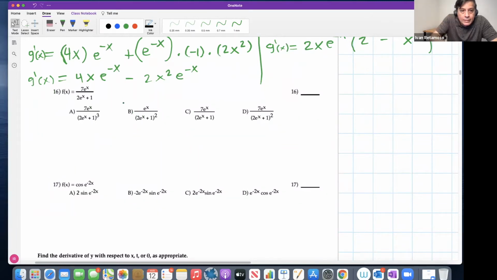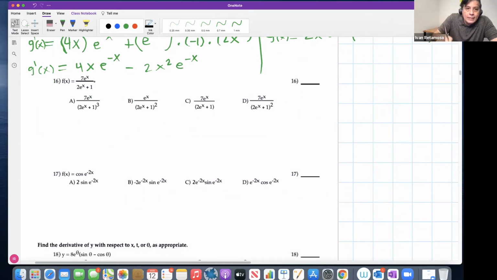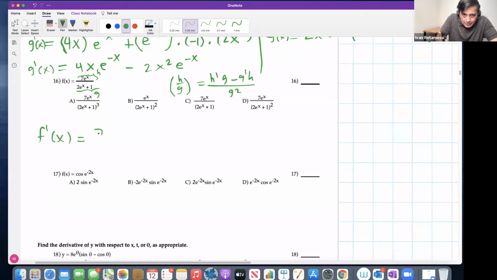So what about this function where they show you the quotient of two functions? This could be your f, this could be your g. Since f is there, I don't want to confuse anyone. Let's call it h and let's call it g. Derivative of h over g is equal to h prime g minus g prime h over g squared. That's the derivative using the quotient rule. So let's do it. The derivative of this function should be the derivative of the numerator, 7e to the x, times the denominator 2e to the x plus 1,